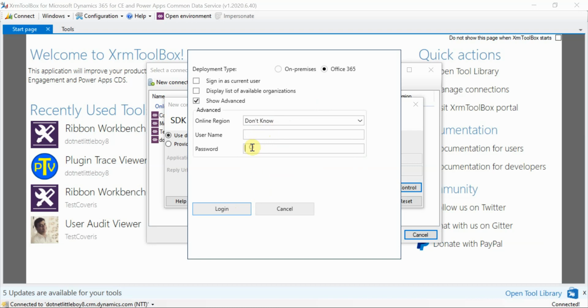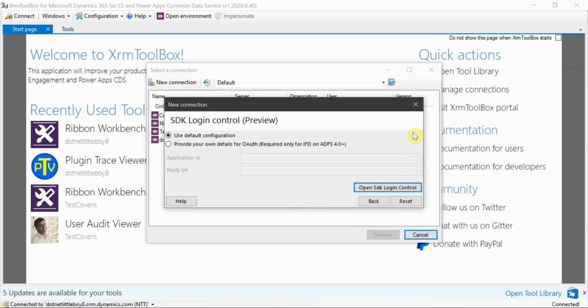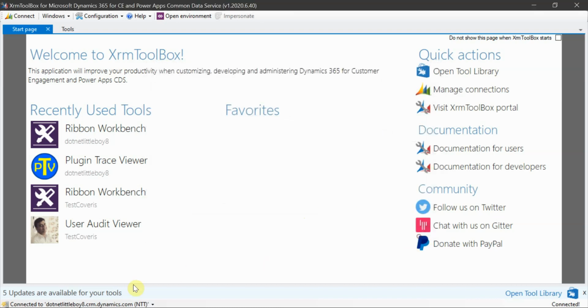Once you give the credentials, it will ask you to enter the code if you have set up two-factor authentication, like if it is sending some pin code to your mobile or by call, you can pass that, and then finally you can connect. Once you have connected, it will show you the connections available here. So it is connected to the instance.